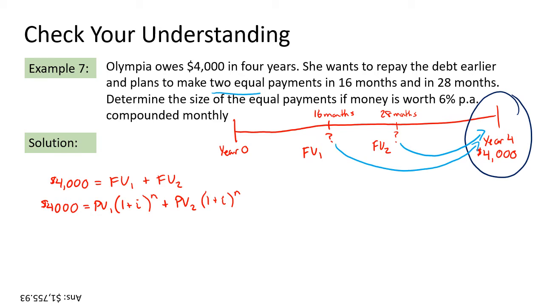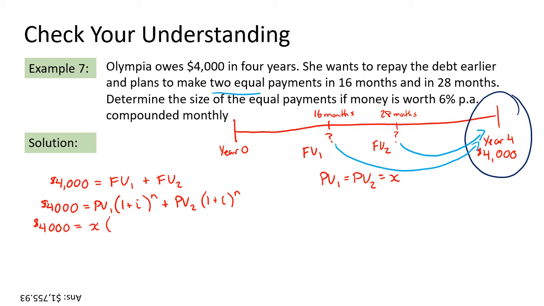So what we know is each of those present values is a payment that she has to make, right? And they're equal. So just like our last question, the first present value has to equal the second present value. And I'm going to call that x. Okay, so those equal some term x. All right? So I'm going to substitute that into this equation, and we're left with $4,000 must equal x, or